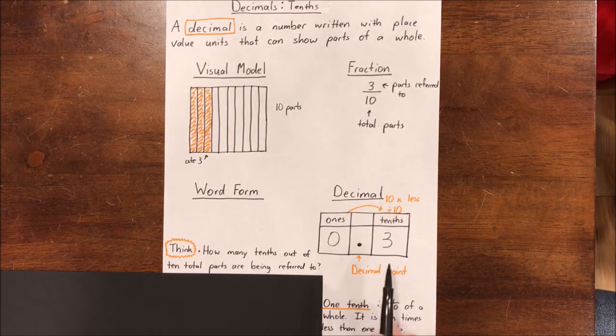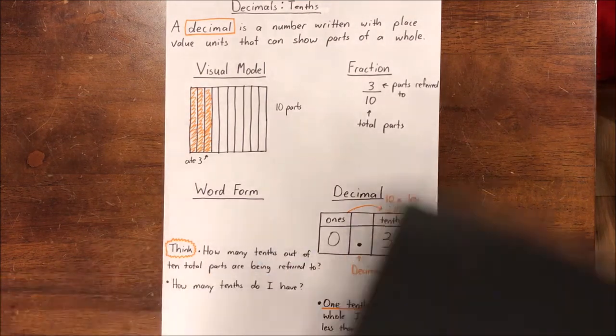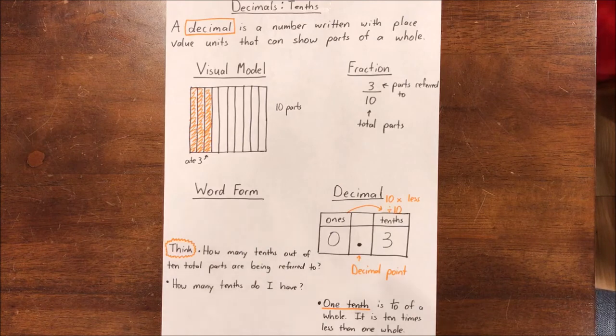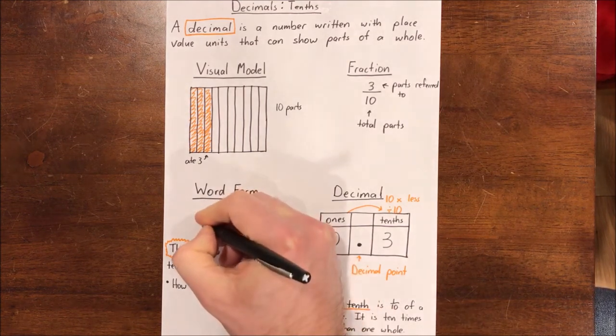Yeah, it's the first place to the right of the decimal point. So we can write and express a fraction or a visual model as a decimal by thinking, how many tenths do I have? And then writing that digit to the right of the decimal point. Okay, and how do you think we would write this in word form? Say it out loud. Yeah, pretty straightforward. 3